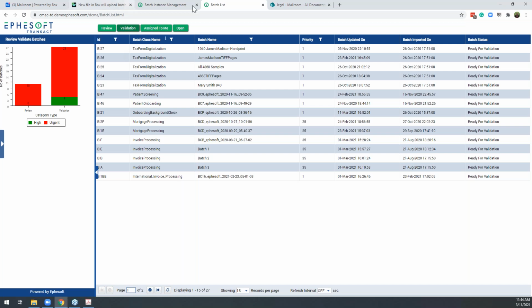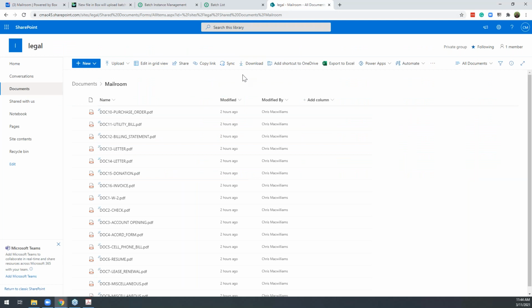And then finally, after that trigger event happens, I run through another recipe that takes the documents. And for right now, maybe some of those documents need to live in SharePoint. So one of the things we're doing with organizations in their digital mailrooms is adding that intelligent document routing with Workato paired with the actual document classification inside of Ephesoft Transact.